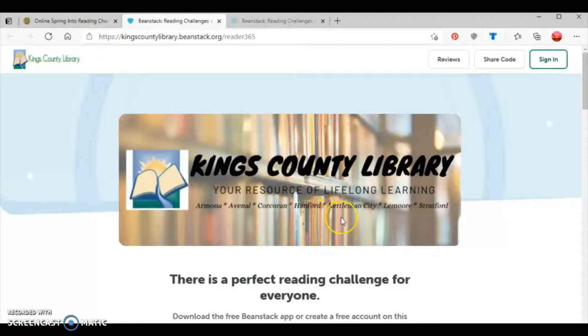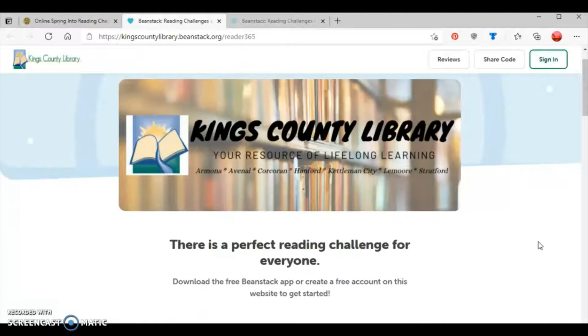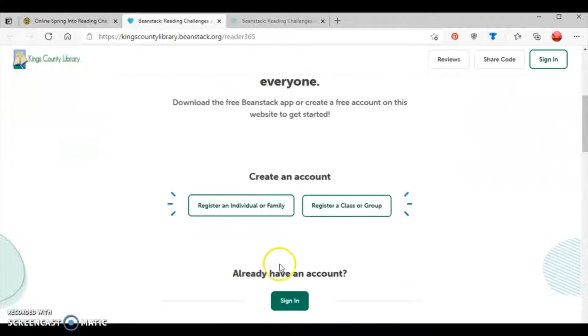As you can see, we have our header right here, and if you've already done one of our reading challenges before, probably through last year's summer reading program or our winter open house reading challenge, as well as one of our other previous reading challenges, you can click right here where it says sign in. However, if this is your first time accessing the Beanstack website, you're going to scroll down until you see the options here where you can either register as an individual or a family, or register as a class or a group. So I'm going to say that I'm registering for myself, so I'm going to click here where it says